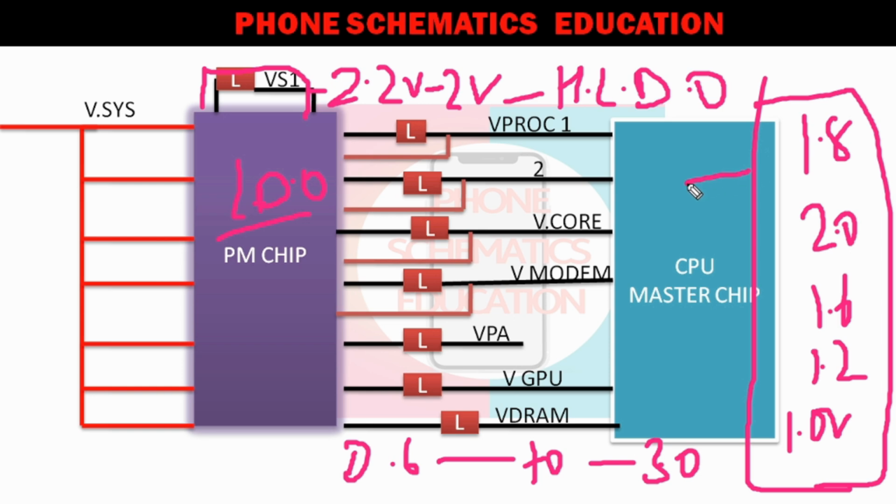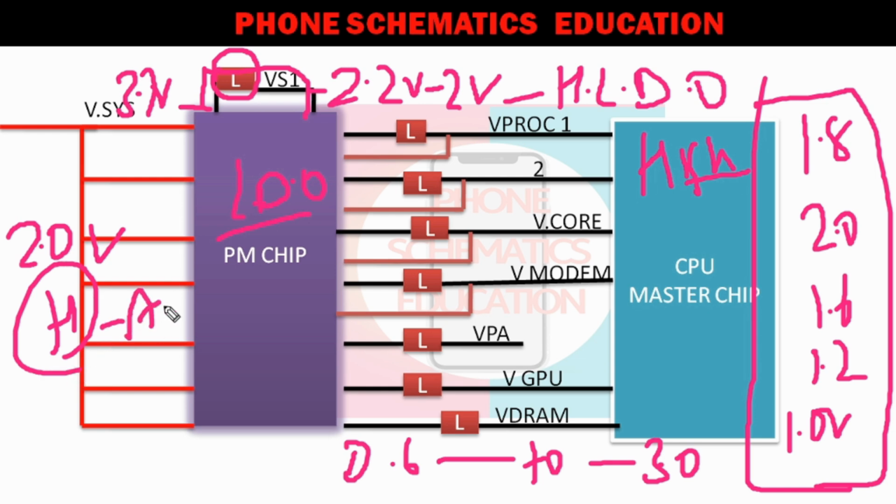Now a question comes to your mind: the power IC produces this voltage, these are all the LDOs, that's okay, but why does this line go out and come back to the power IC? The power IC creates it itself, internally. Now the power IC creates switching here. After the switching, in this line you get high ampere, right? Input voltage is 3.7 volt. Internally, after that you will get approx 2.0 volt,